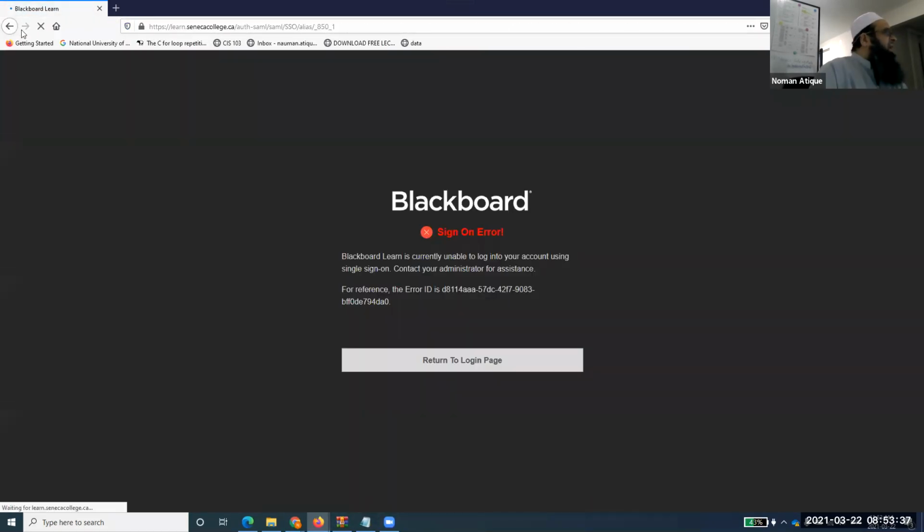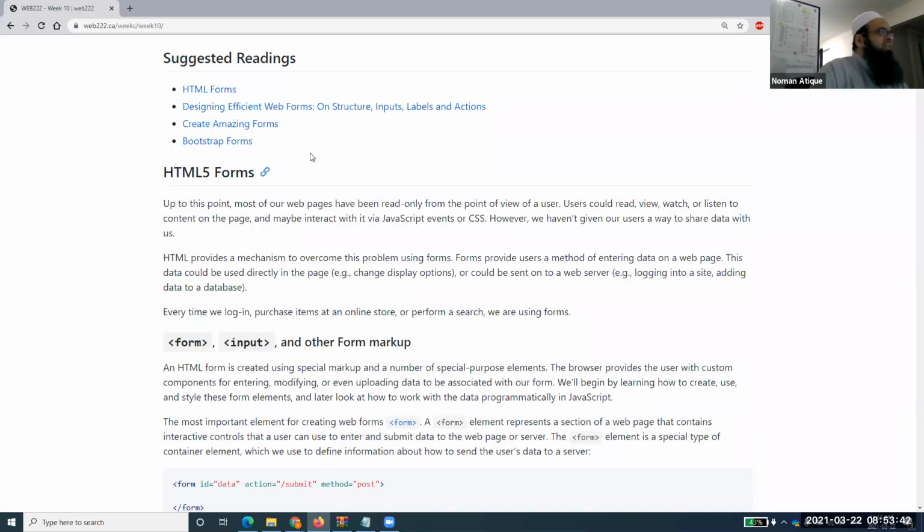Now we see that there are lots of places where you find forms, and forms are a very important part of all websites. You need to put in the data. Someone wants to take input from the user, someone wants to take feedback from the user. We have got the forms. We need to have the forms. Someone wants to do something at all, we have got these forms available.